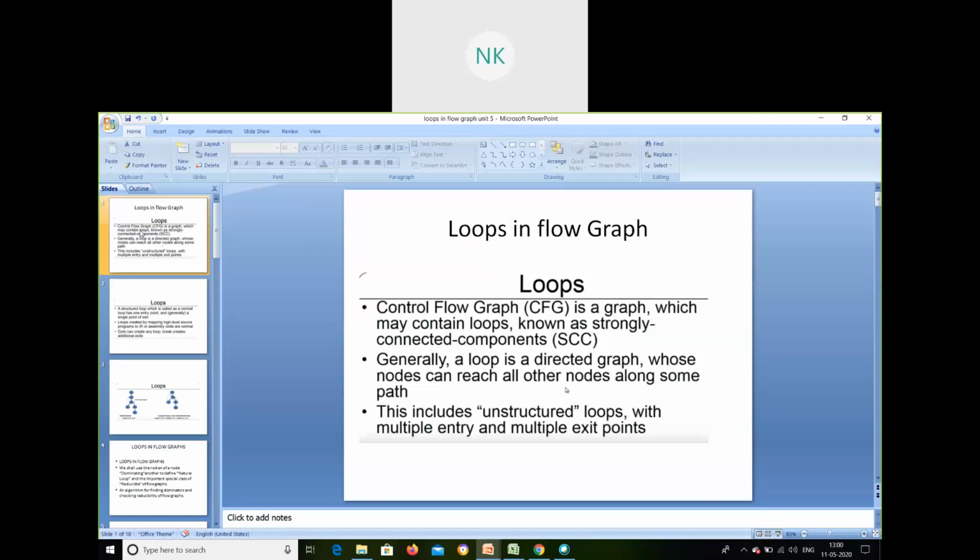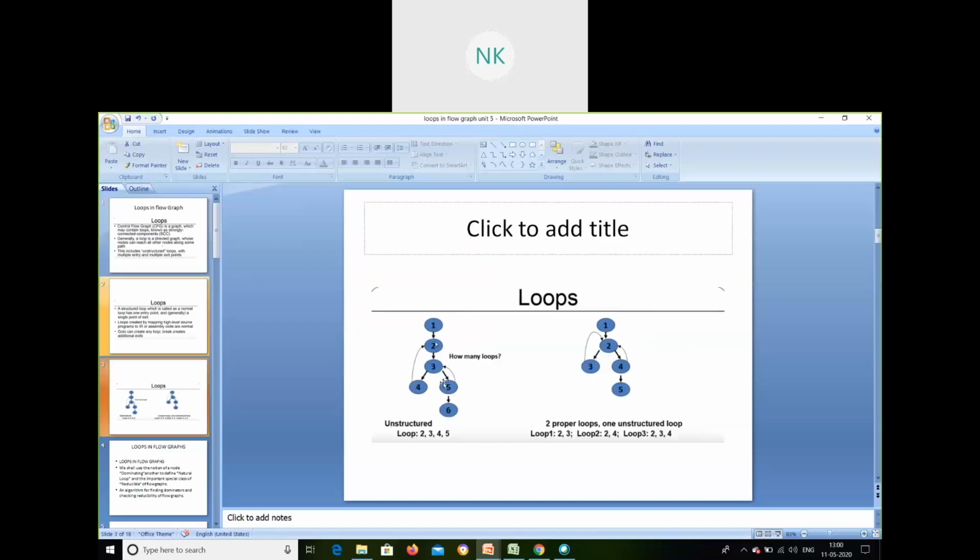The nodes in a flow graph represent computations. Each block, or node, represents the computation or whatever calculation you want to do, and the edges tell you the flow, in which direction it is going and to which block it is connected. The flow of control is taken care of by your edges. This is all about loops and flow graphs.